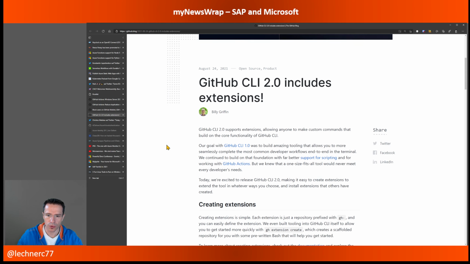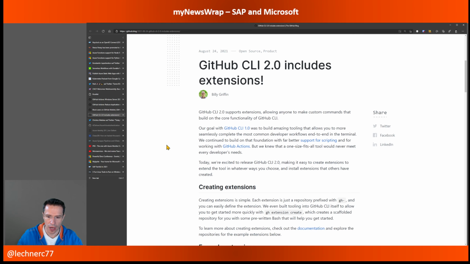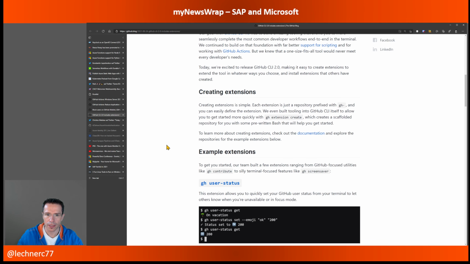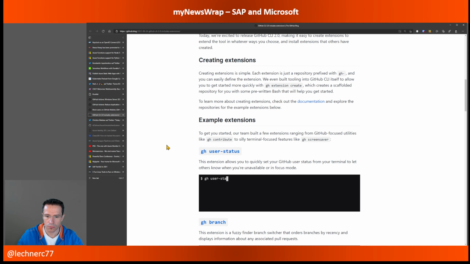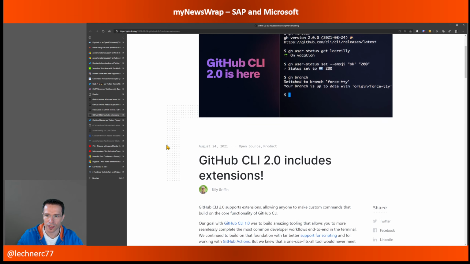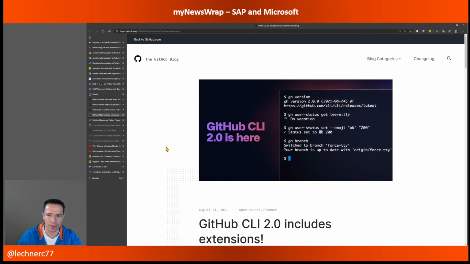And now with 2.0, they open things up and you are now able to create extensions on top of the GitHub CLI. There are some examples provided within the blog post that I've referenced in the show notes. Some first ideas that are also available from GitHub. And yeah, really interesting to see what will come out of that, what the community will do with that.